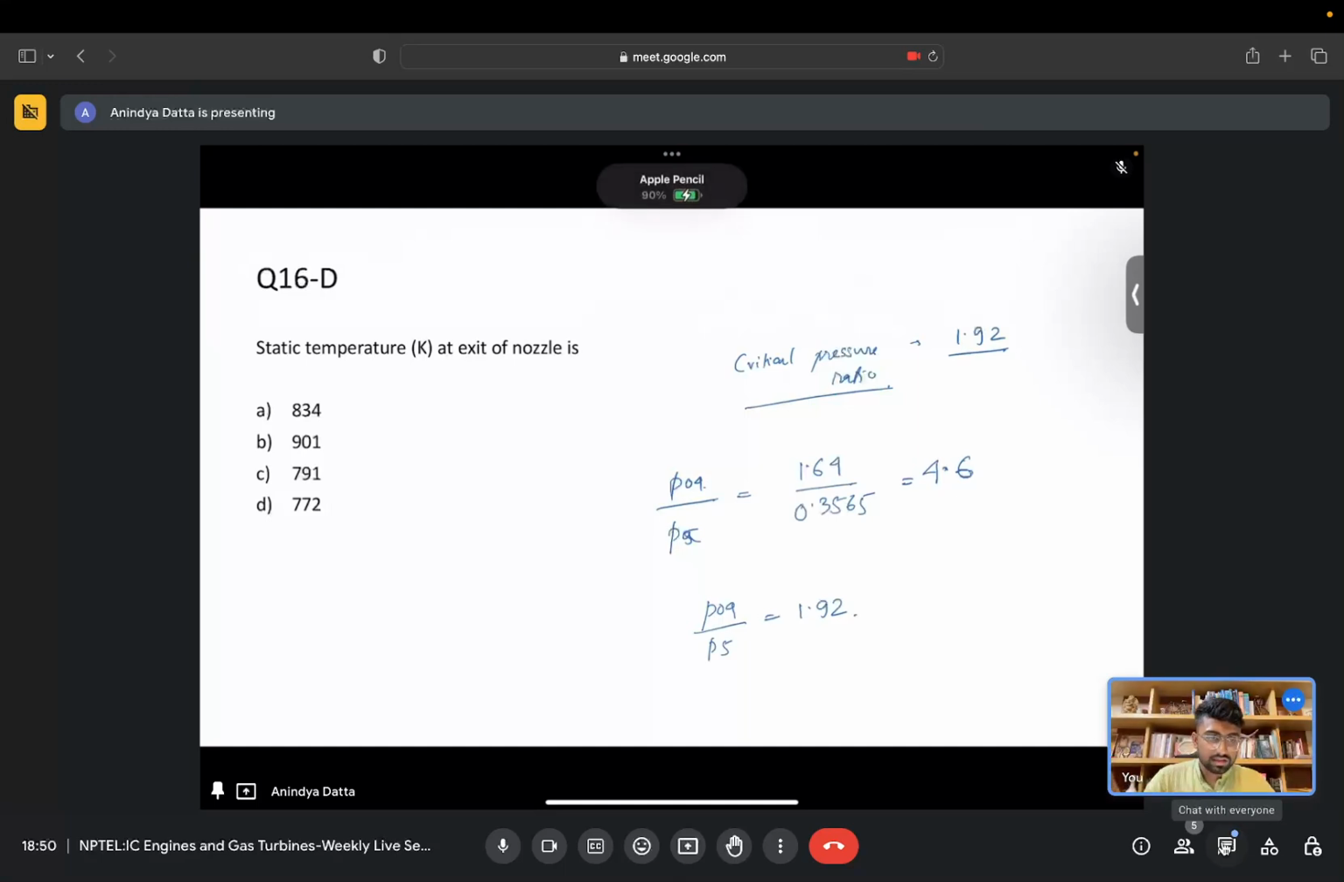So what it means is that if the nozzle has to expand the gases to the ambient pressure, the pressure ratio is 4.6. The maximum pressure ratio it can afford is 1.92, because that is limited by choking. Once the nozzle is choked, it cannot allow additional mass flow rate or additional pressure drop, right? So for this case the nozzle is choked,